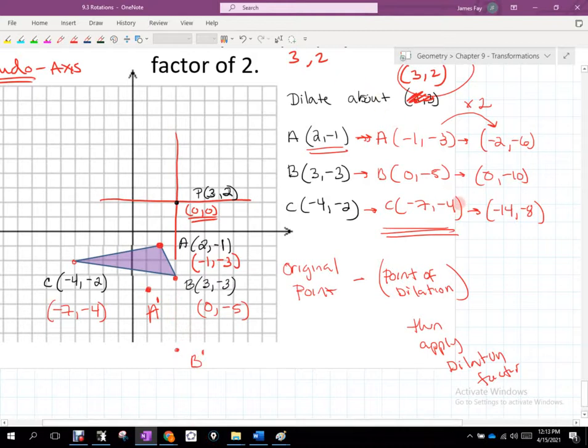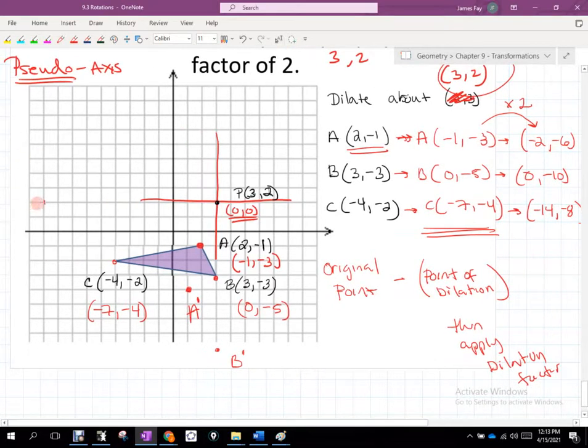And then C is going to be at -14, so 1, 2, 3, 4, 5, 6, 7, 8, 9, 10, 11, that's 12, 13, 14 would be about right there, and then down 8. So 1, 2, 3, 4, 5, 6, 7, 8. That would be C prime. If I were to graph these points and connect them with my triangle,